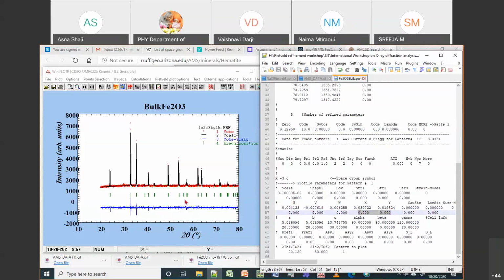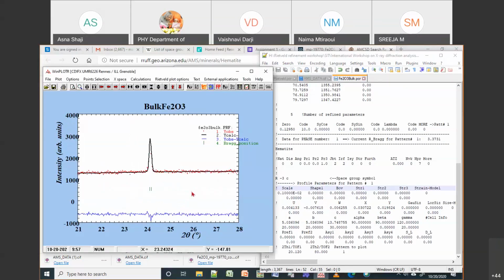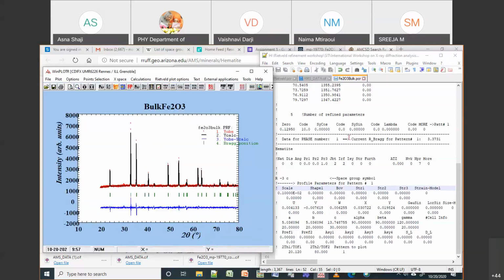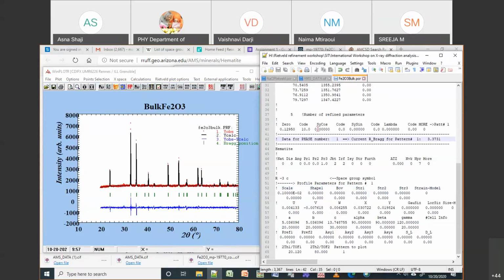So now, once you have a decent profile fit, what you go to do is, you can see the difference is somewhat okay. It's not too much. Okay. So in that case, I can use this as the starting model for Rietveld refinement. Okay. So for that, what you do is you just copy this